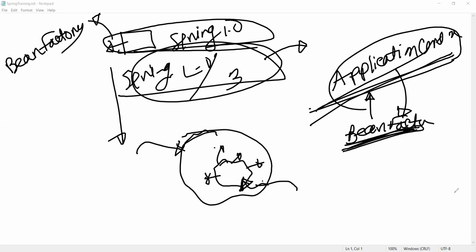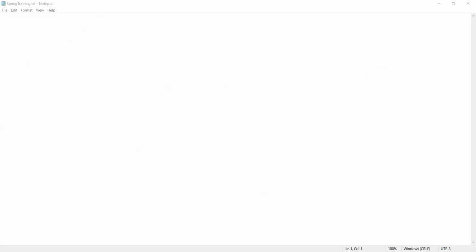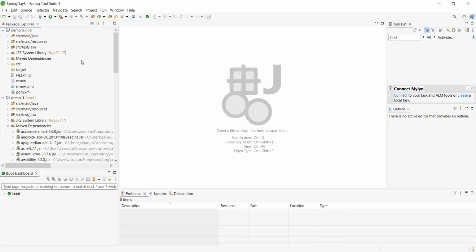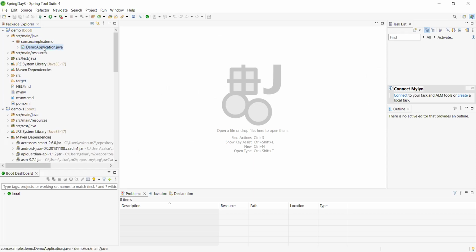Just observe one point. This is our demo application. Don't worry about the code, even if you don't understand a single point.